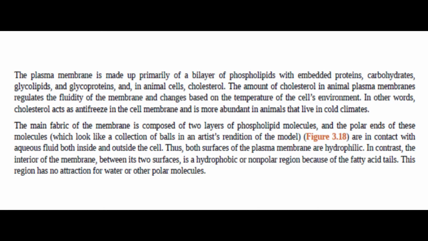The plasma membrane is made up primarily of a bilayer of phospholipids with embedded proteins, carbohydrates, glycolipids, and glycoproteins, and in animal cells, cholesterol. The amount of cholesterol in animal plasma membranes regulates the fluidity of the membrane and changes based on the temperature of the cell's environment. In other words, cholesterol acts as antifreeze in the cell membrane and is more abundant in animals that live in